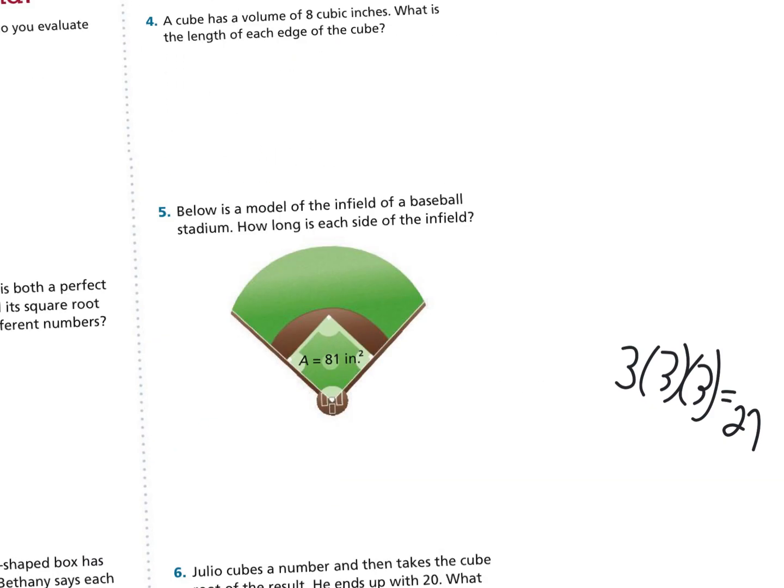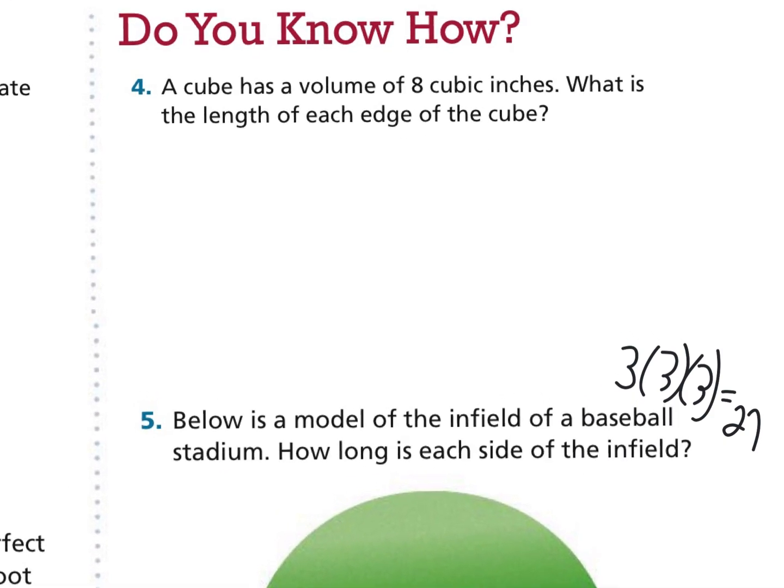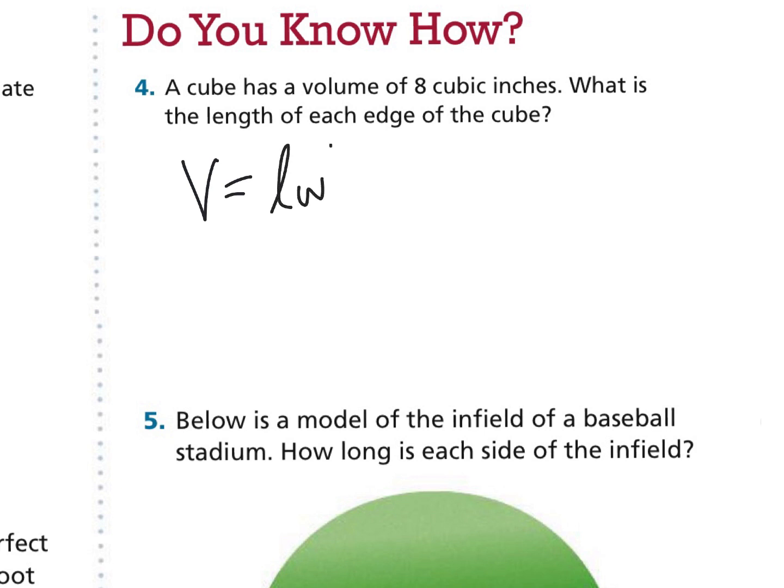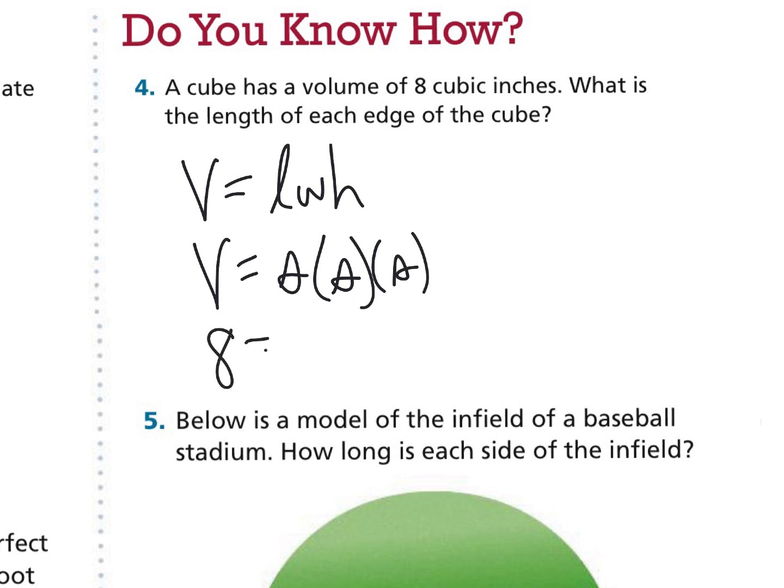We go to number 4 on the "Do You Know How." A cube has a volume of 8 cubic inches. What is the length of each edge of the cube? So once again, we could think of a cube as length times width times height. All of those are the same in a cube. And so if the volume is 8,